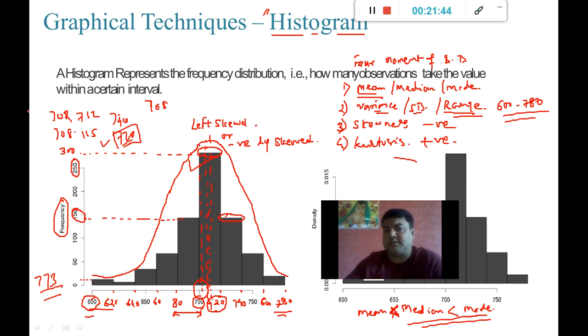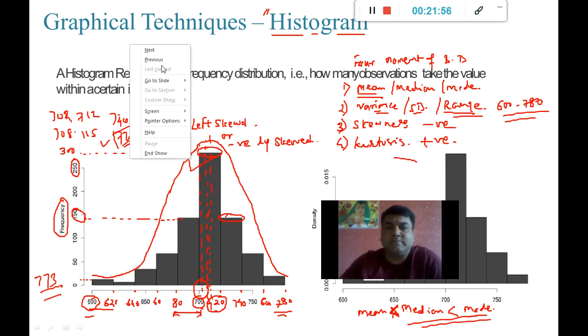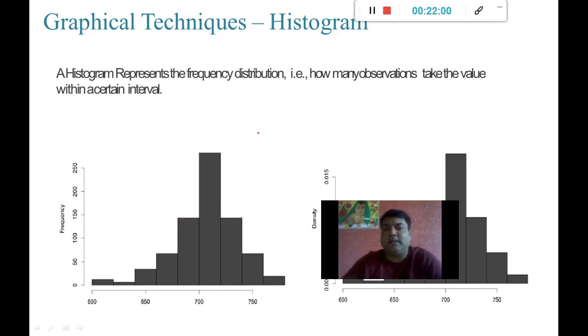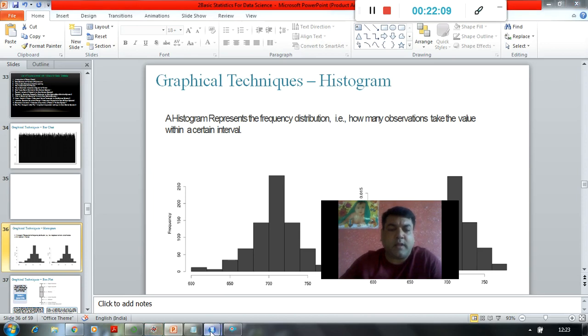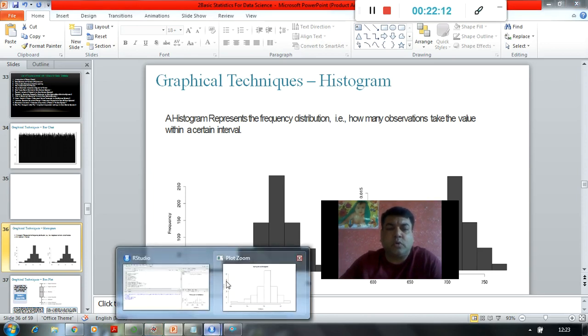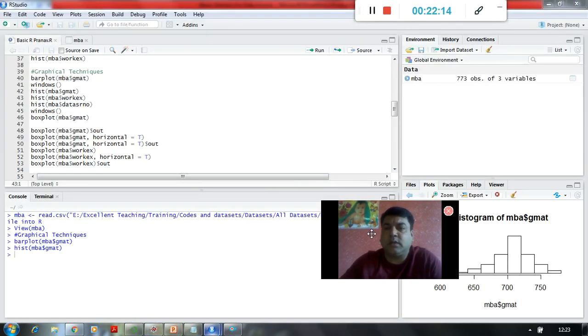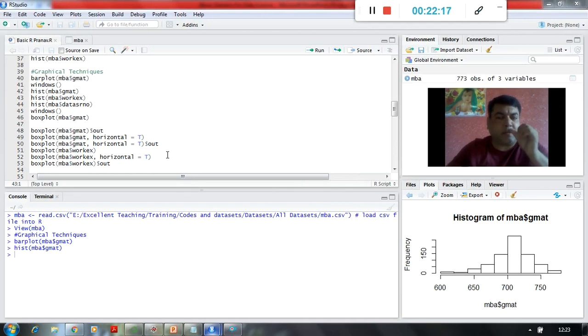So we will find out these measures definitely, but from the graph we can make out this. We can keep a note of it. We will get an understanding of how the data looks. So these are some of the observations we can come up with when we see the data, right? And if we want to have a double confirmation on that, we can simply go to the R code and have it plotted, right?